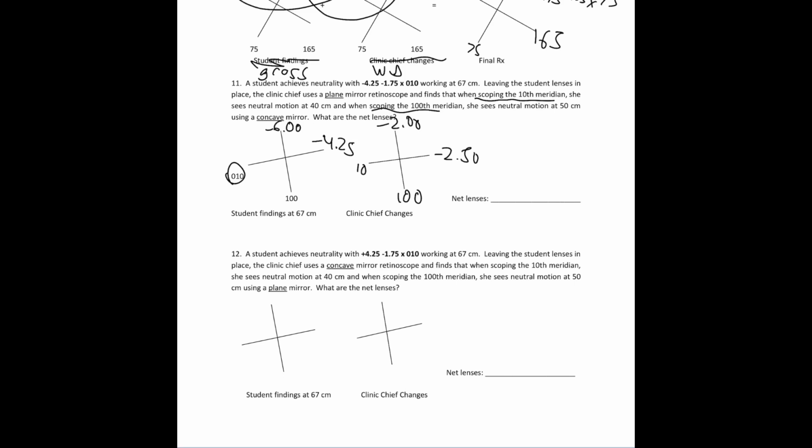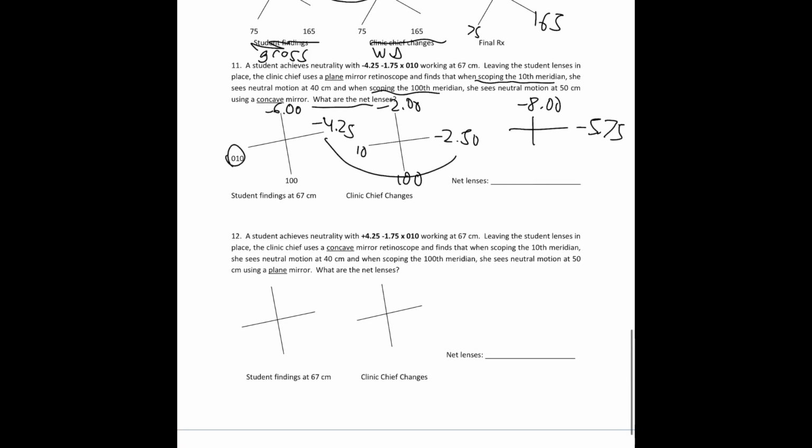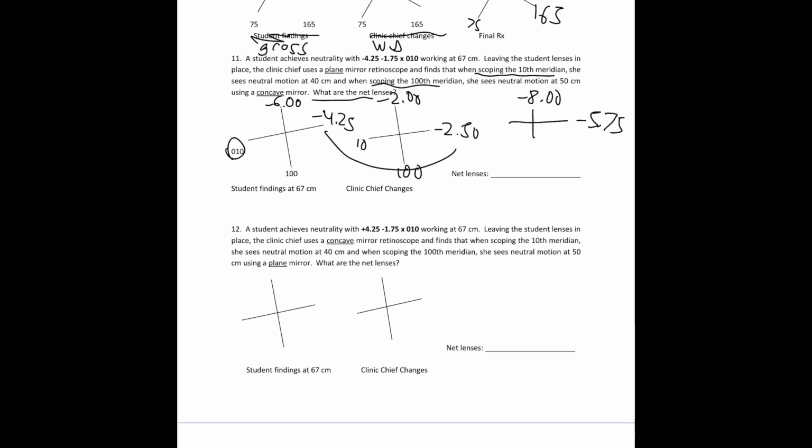Okay, and so all we've done is taken the student's lenses, we've changed the working distances for both meridians, and now we just combine everything and we're done. So minus 6 and minus 2, so that would be minus 8, and then minus 4.25 and minus 2.50, that's minus... let me think. Minus 5.25, minus 5.75. Okay. Yeah, so then this is 10, this is 100, and so then our net lenses is minus 5.75, minus 2.25, axis